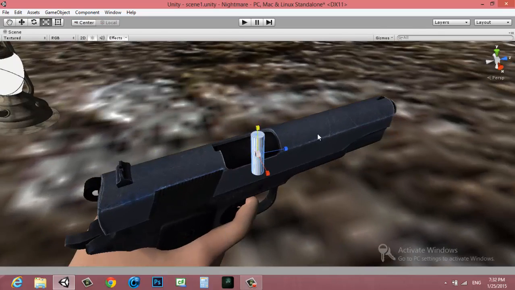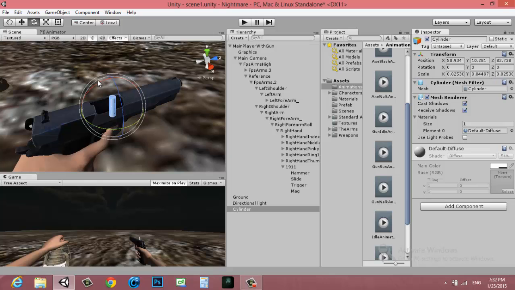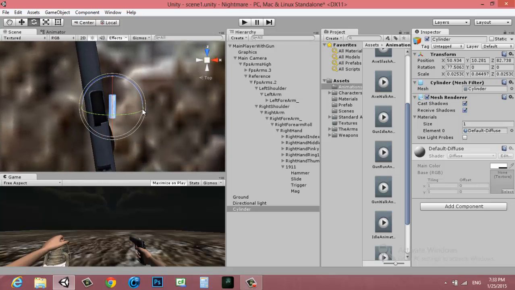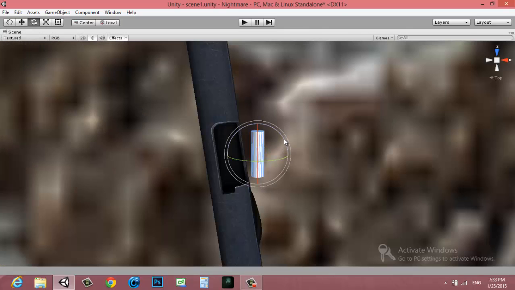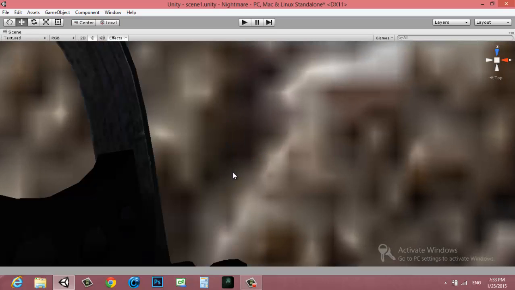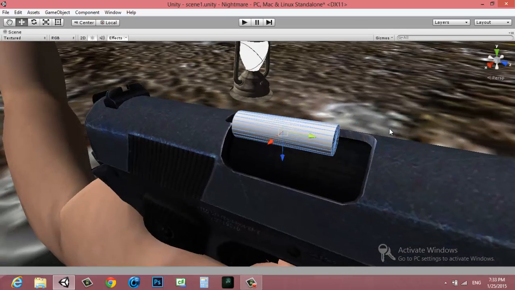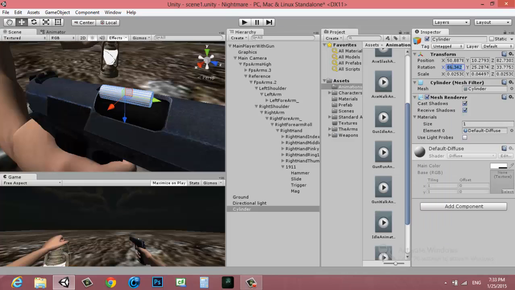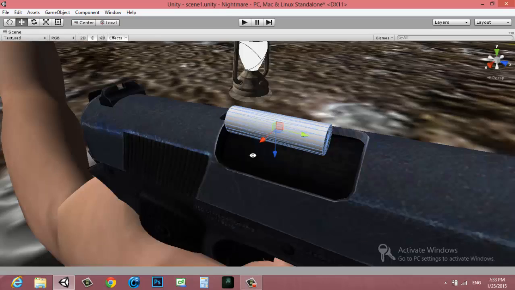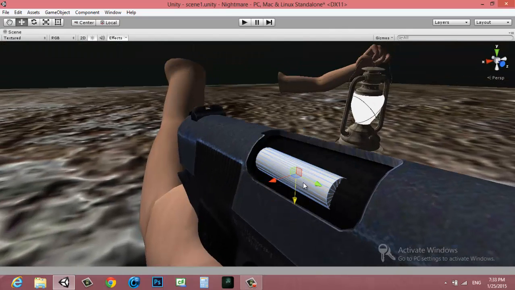Yeah, just rotate it and align it perfectly, so it's, yeah, perfect now. So this will be put inside that, right,